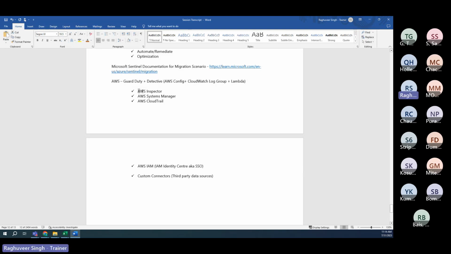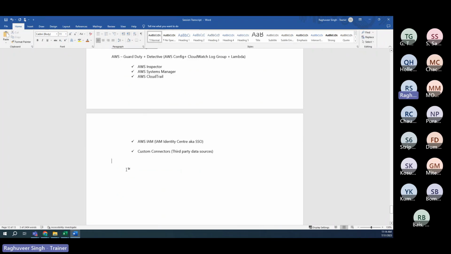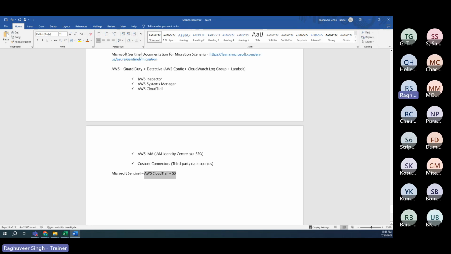So how will you get the logs from Inspector, Systems Manager, CloudTrail? That's what you need to look for. Now, in AWS right now with Microsoft, only two capabilities are available. So when it comes to Microsoft Sentinel, what kind of data it can get from AWS is AWS CloudTrail, which is the activity log data from AWS, plus S3 data. This is the current capability that we have, which means what you need to configure all the data sources in